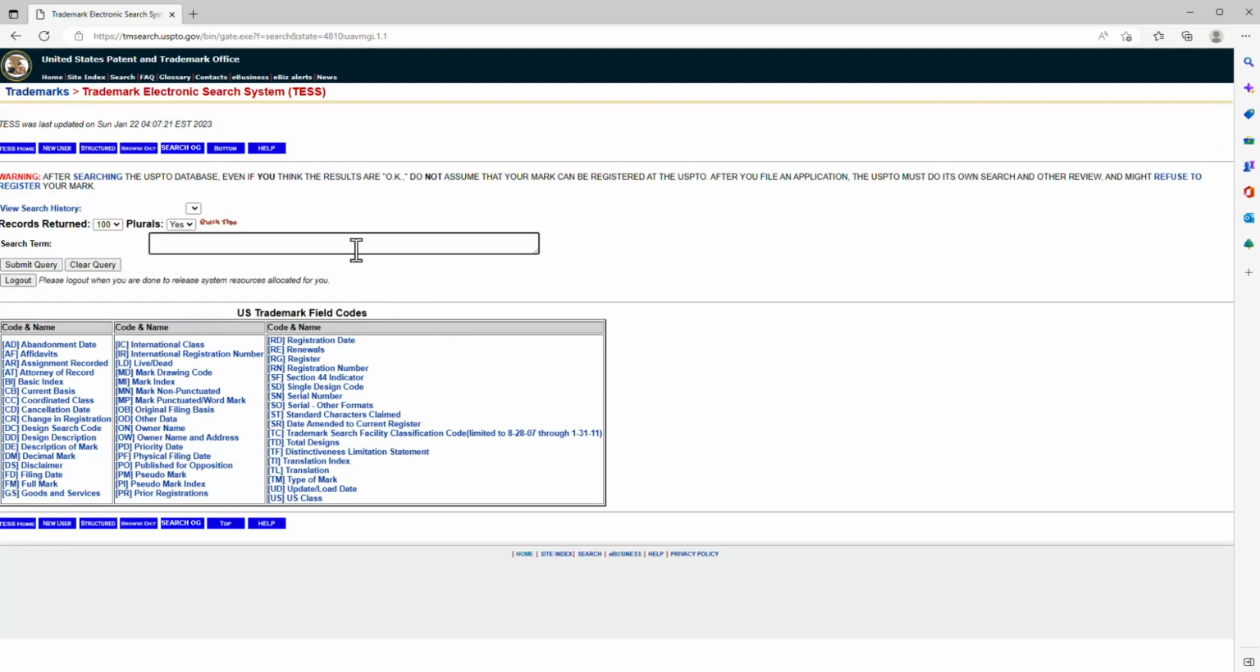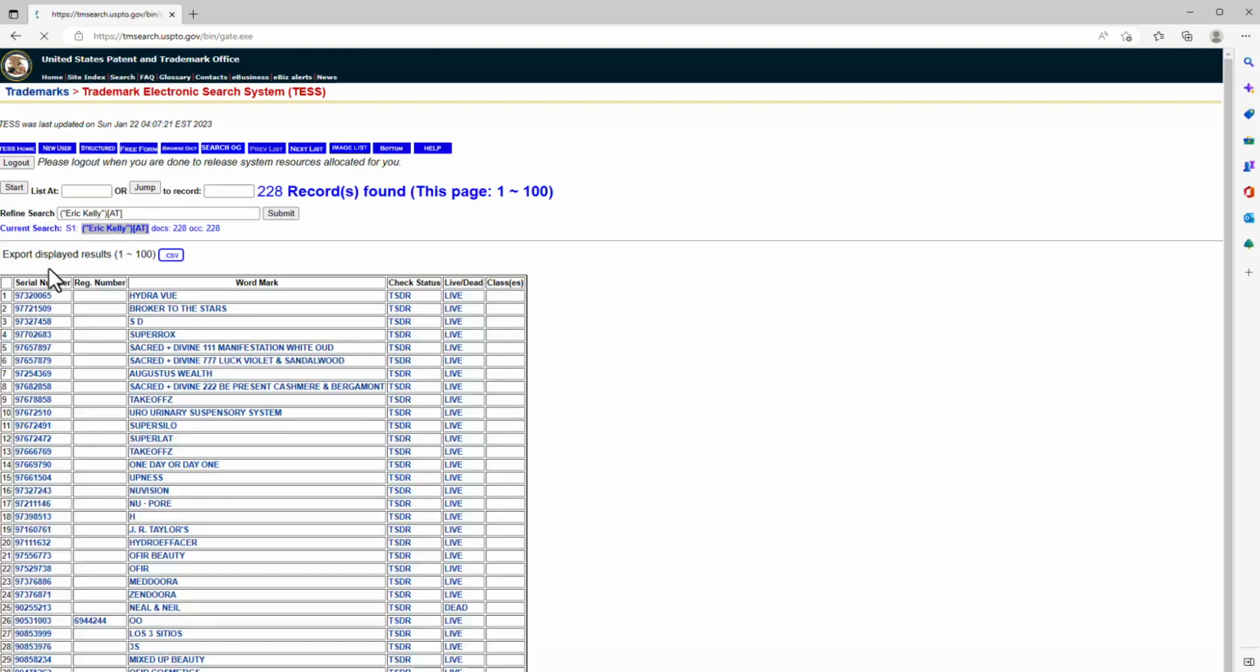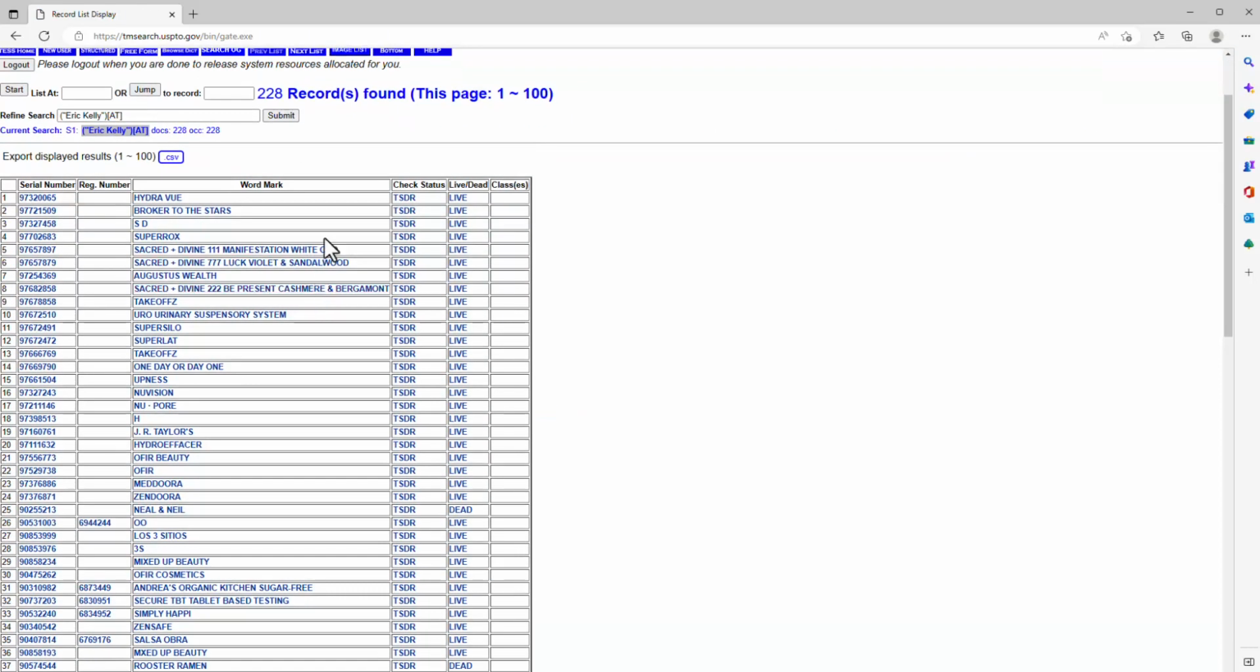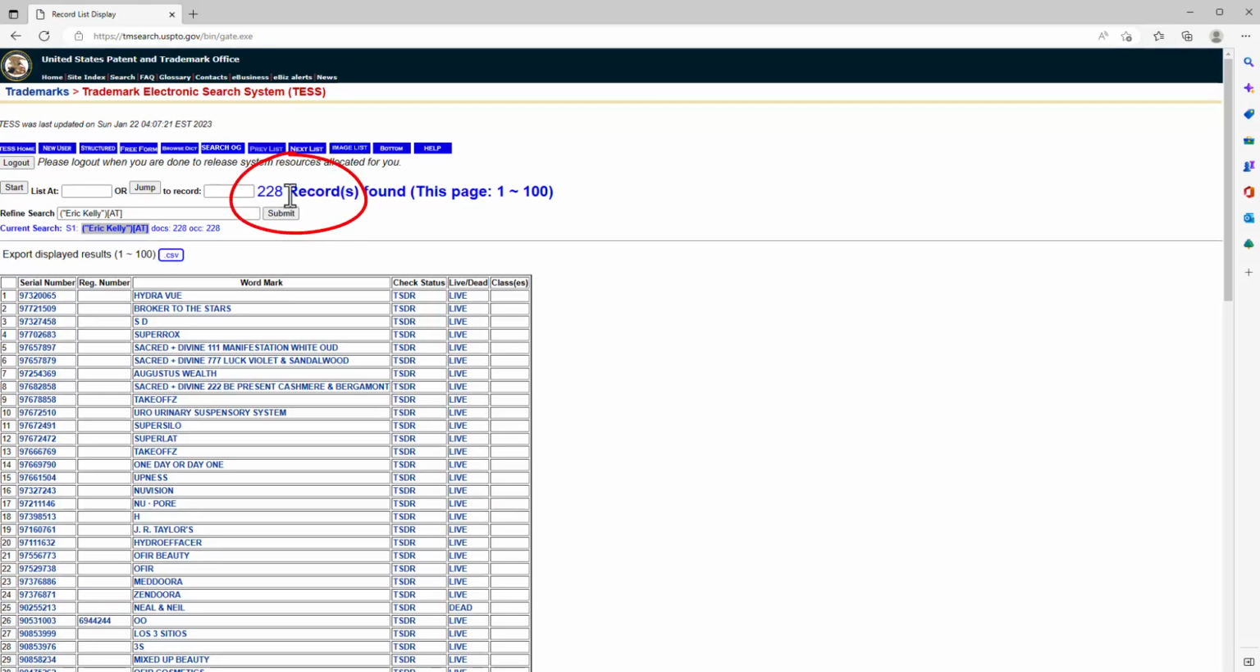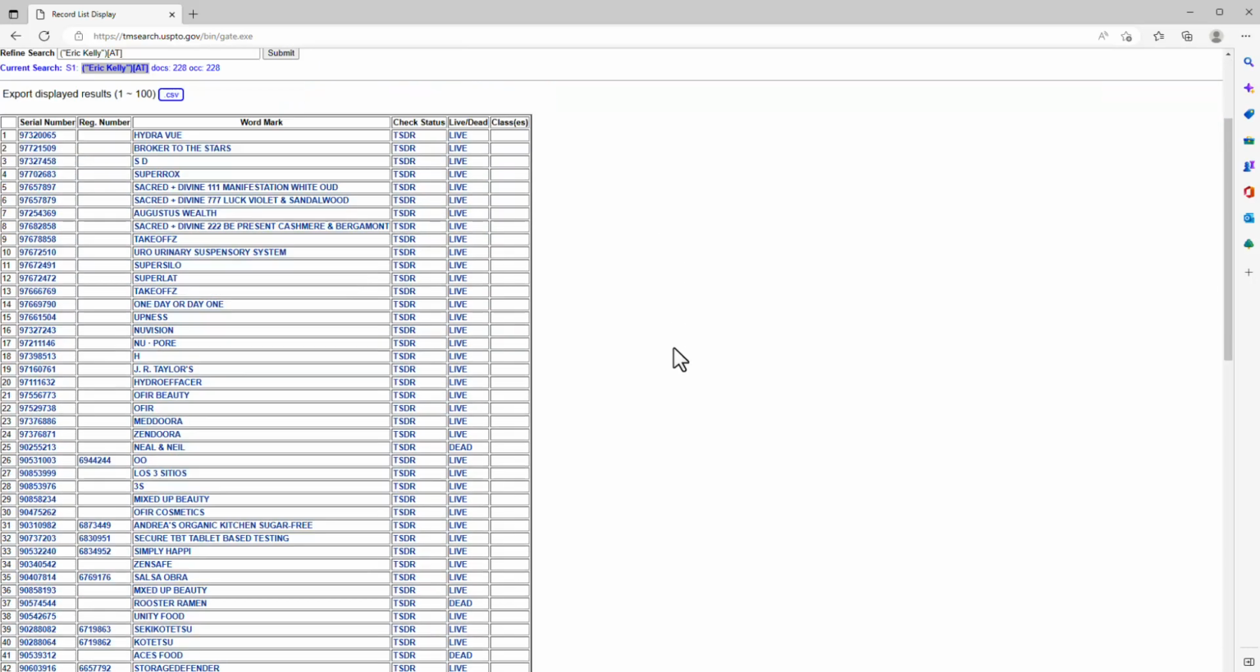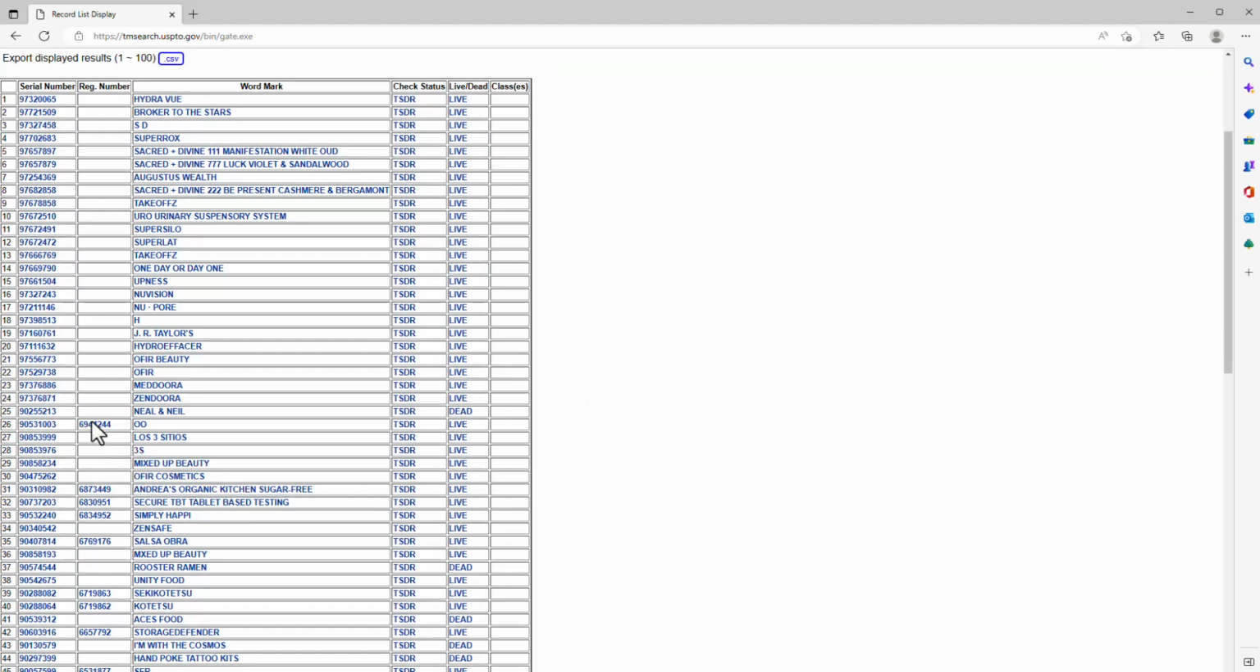And we're going to enter this particular search string for Eric Kelly as the attorney of record. You can see that it's bringing up 228 records. So currently, as of January 2023, it's showing that I've worked on 228 US trademarks. So for example, if I click on one,